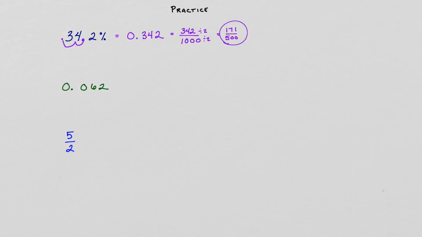For our second problem, we have 62 thousandths. So the goal here is to write out the percentage form and the fraction form. It's up to you which one you want to tackle first. I'm going to choose to do the percentage first. So I'm going to use my shortcut. I'm going to locate where that decimal point is, and this time I'm going to move it to the right 2 spaces. So the decimal form becomes a percentage of